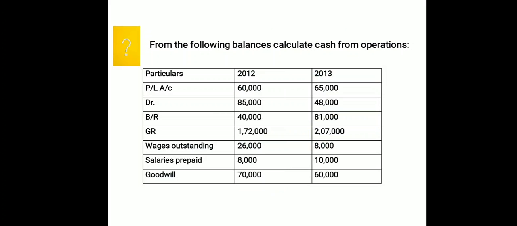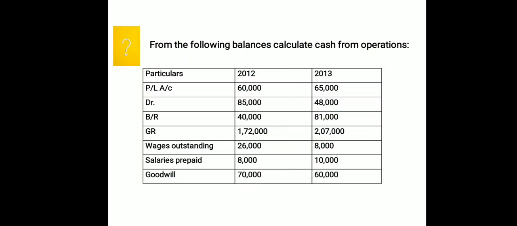So just suppose in your given question the data is for 2012 and 2013. If the creditors amount in 2012 is, say, 20,000, and in 2013 it is 30,000, what is happening? It is increasing, because in 2012 it is 20 and in 2013 it is 30, so 10,000 increase. So if there is an increase in current liability, we need to add that here. So 10,000 we need to add, and at the same time we need to add decrease in current asset.